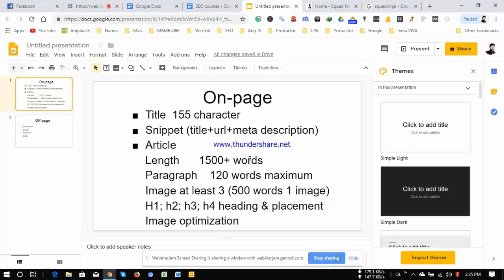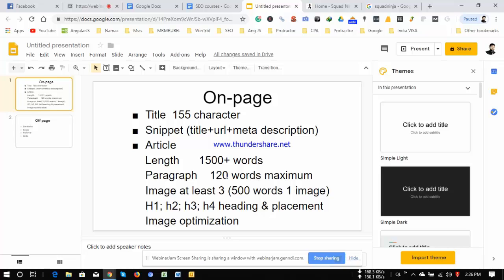So you have to put in an article of at least 1500 words or more for better results. While creating the article, keep in mind that your paragraph should be a maximum of 120 words in length. One paragraph, 120 words.